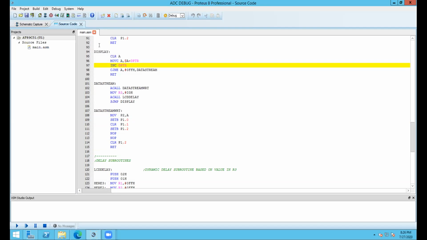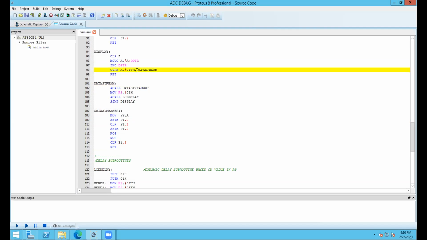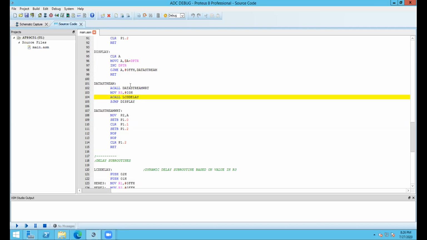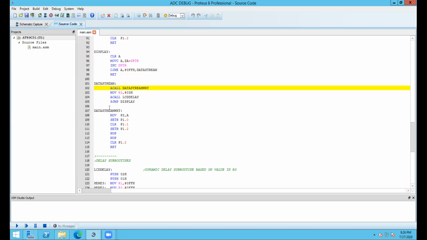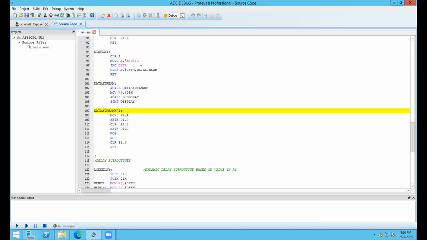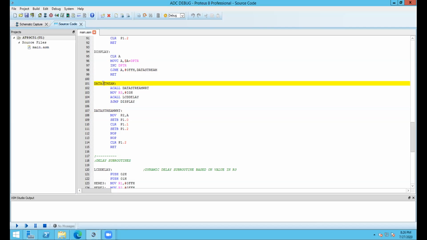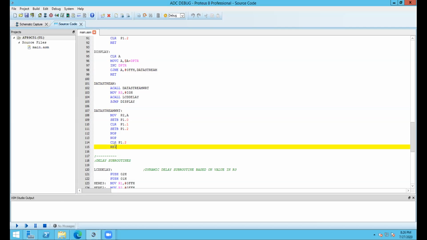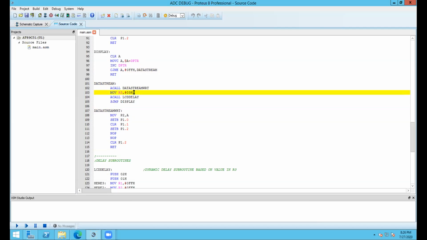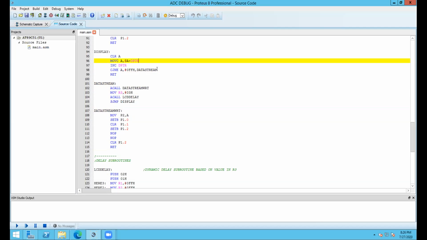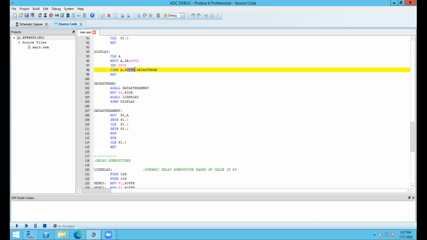See, once again, we are calling this function from this function and this function from this function. Here are the calling lines. We are calling here, and from here we are calling through this, right? Only some comparisons are left. Once this portion is done, then again we will get back to here and we will continue this as long as the data pointer fetches a 0FF hex. So 0FF hex is our checker byte. We can understand that the string of data has been completed.